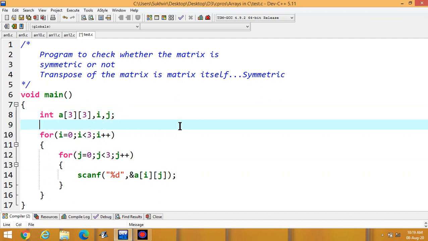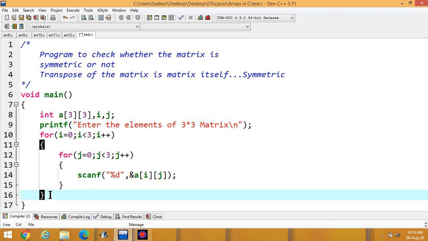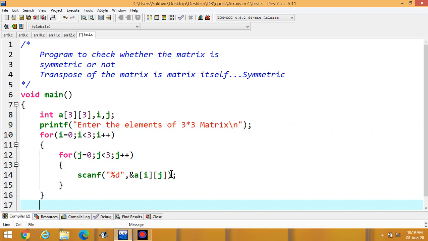Here you can write printf, enter the elements of 3 into 3 matrix like this, ending with semicolon. Then you can display the elements, printf matrix is.